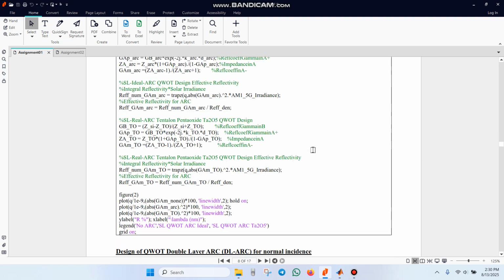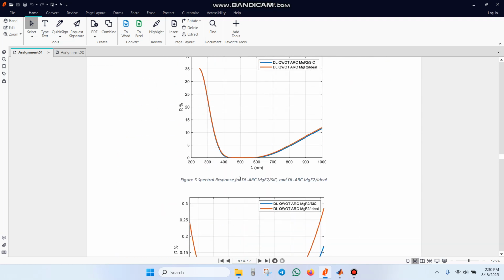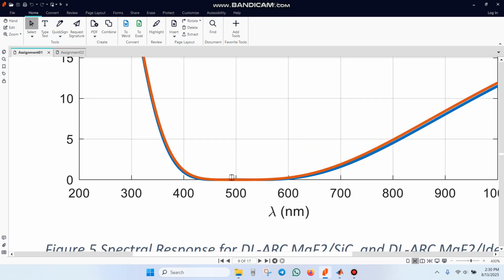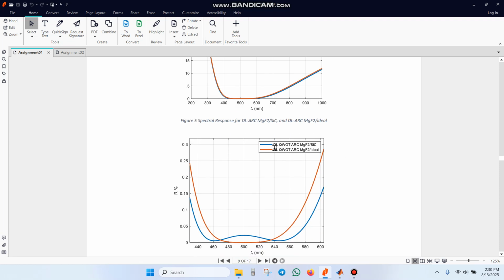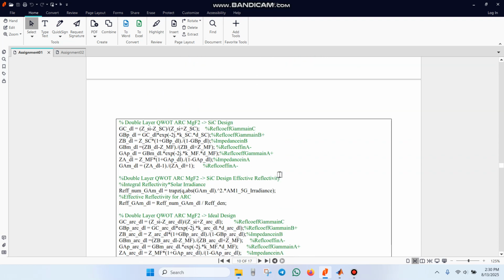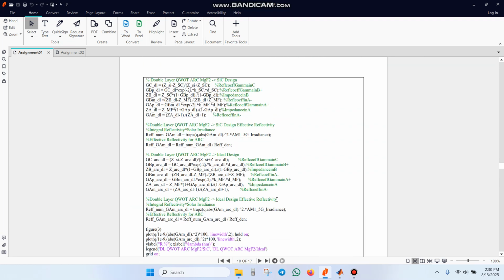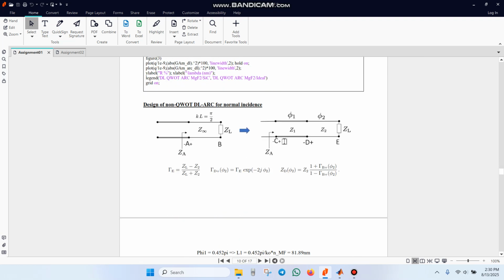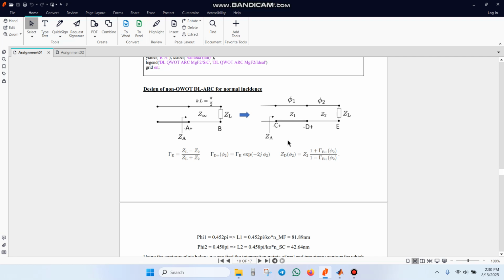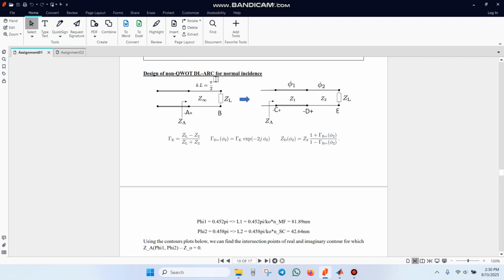Whereas if we look at the bandwidth in the double layer design, you can clearly see that the bandwidth is around 100 nanometer because for about 100 nanometer or so, the reflectivity is zero. So again, this is quite efficient compared to the single layer. Same as before, this is a MATLAB code, and then finally we